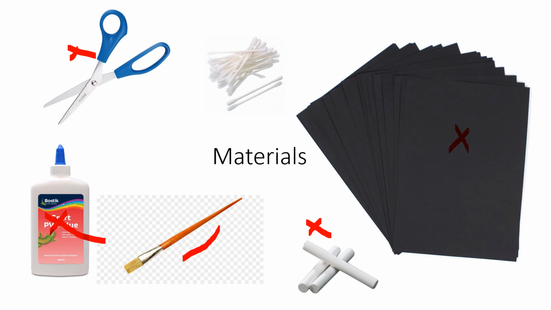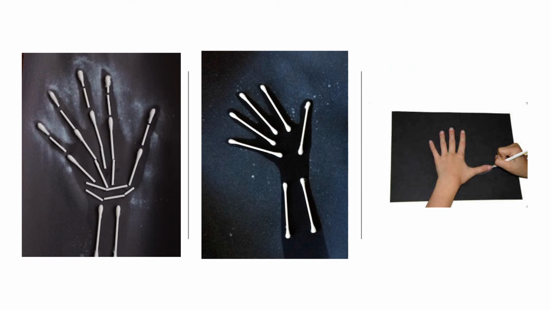So let's do our x-ray. Okay, so we're putting our hand down like on the right hand side where I'm putting the X here, and we're drawing around it. Now we want to make sure we draw in nice and close to the edges of the fingers. So we don't want to give ourselves big fat fingers. We want to go right in close to the edges. We're going around carefully, and spread your fingers wide if you can. So this line doesn't have to be drawn very heavy. This is just to give us the shape of a hand so we know where to put in the Q-tips